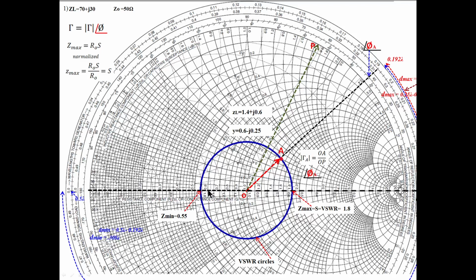For example, this is 0.6 here, this is 0.5. The 0.5 line, R is equal to 0.5 here. This is the R is equal to 0.6 circle. What is the impedance here? It is a resistance circle value and a reactance circle value at this position. What is the resistance circle value?